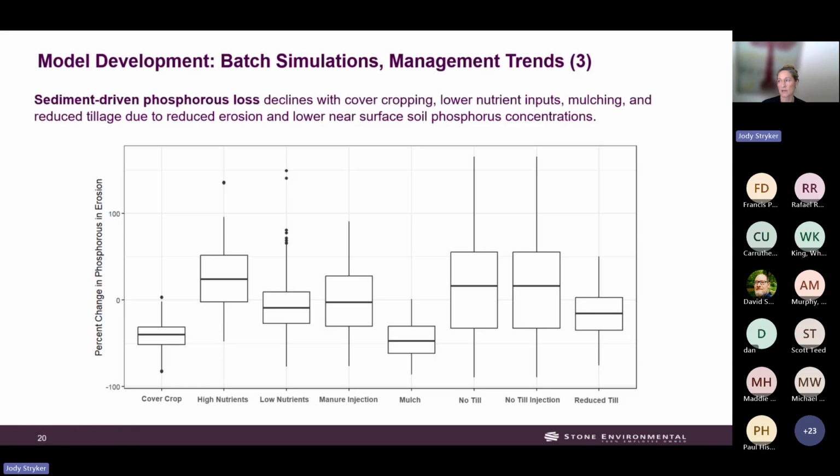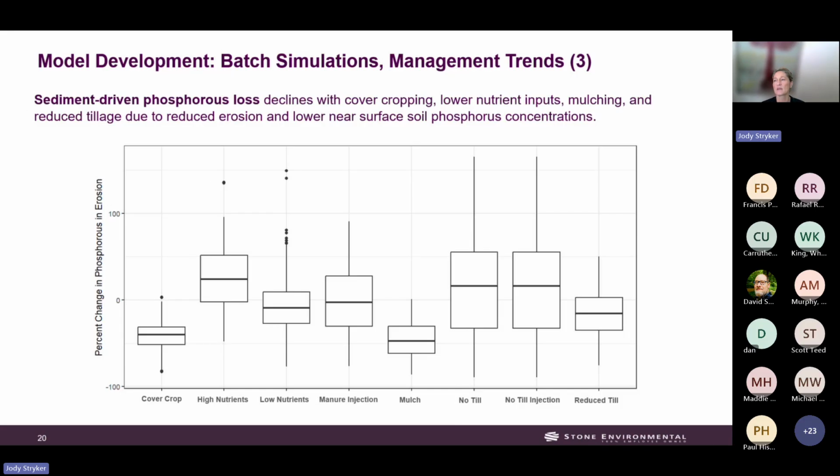And then I wanted to kind of bring it back to water quality in this last slide. So this is the percent change from baseline for sediment-bound phosphorus losses. And we see here that, as we expect, most of the practices are reducing the amount of phosphorus moving off field due to erosion. No-till and no-till injection is really variable, but we see a slight positive number for the